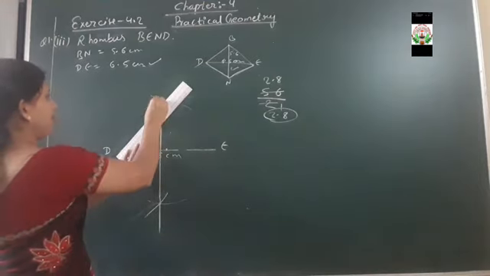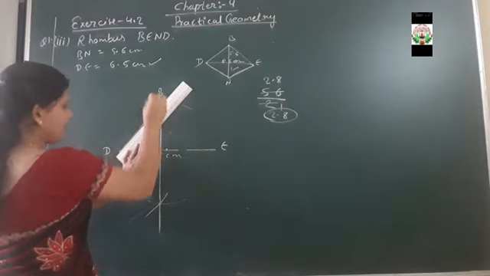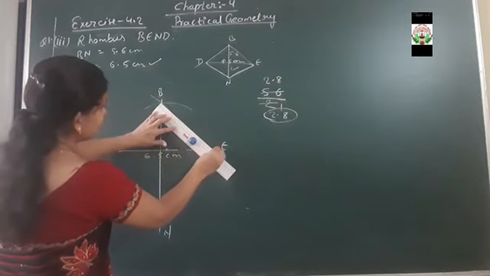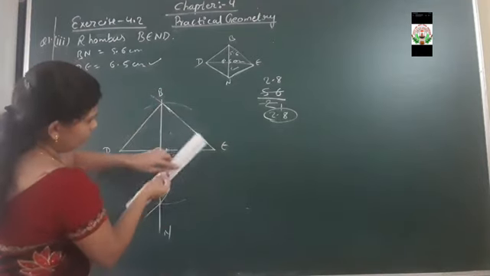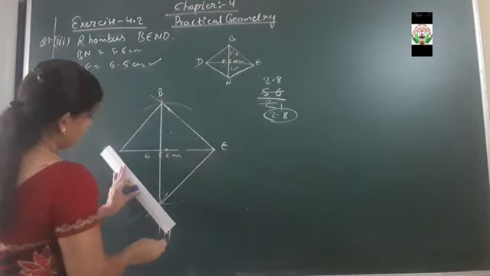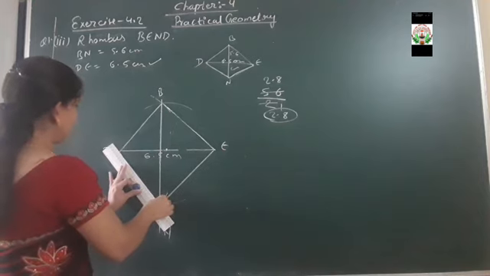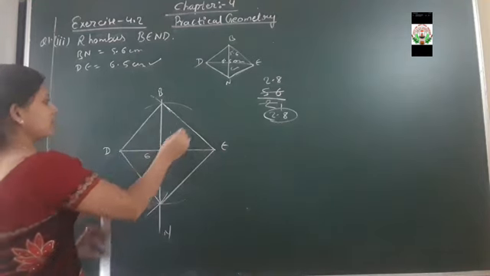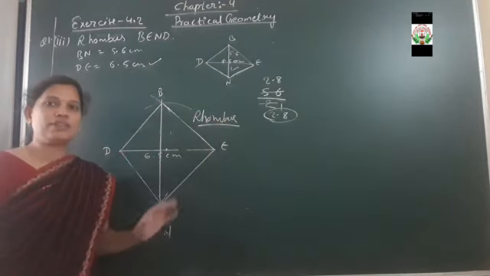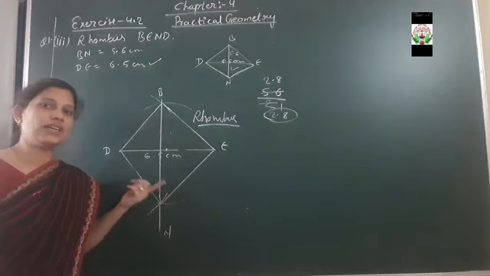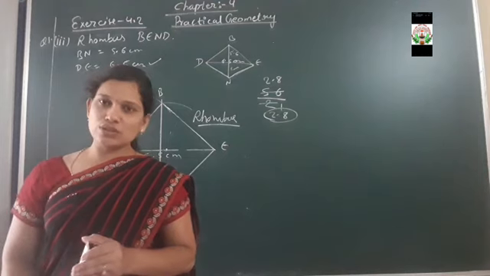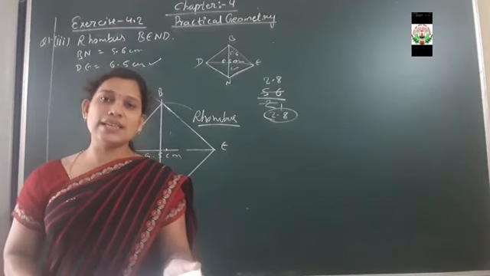D, B will be going to be joined as this is a B, this one is an N. Join B, E with the help of your scale, and in the same way you have to join E, N. Then after last D, N. So this one is the rhombus. Clear everyone? So this figure you will obtain by using the diagonals. Clear everyone? So dear student, today our exercise 4.2 is over. In the next class we are going to see the exercise 4.3.